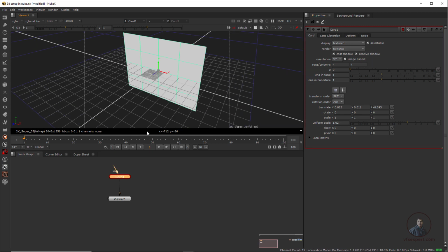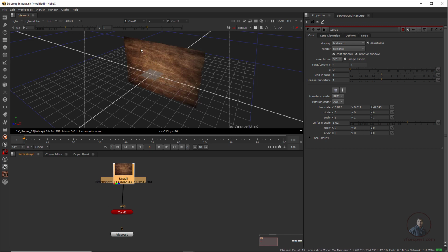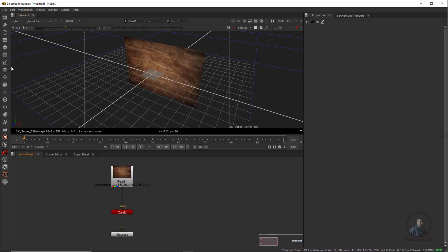So this is our Card, and here you will see the image input. Image input means you can import any image and connect it with this image input. Here I imported some images, maybe this one. As you connect any 2D image with this image input, it will place your image onto our Card. So now take another geometry.